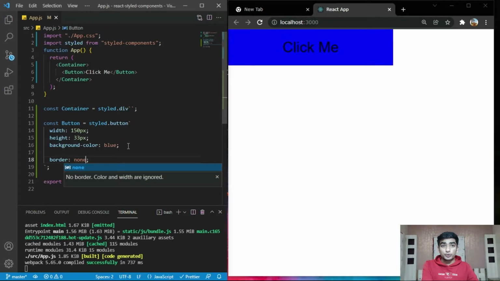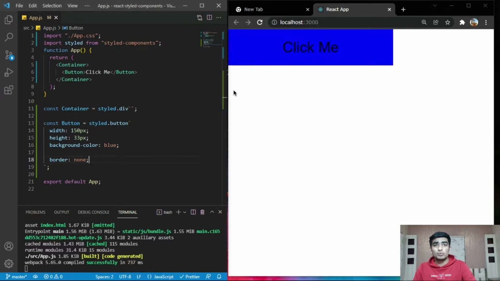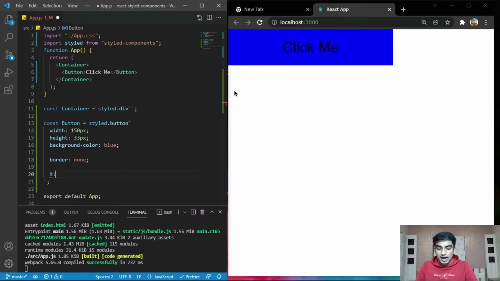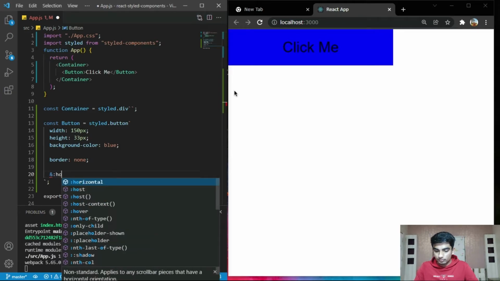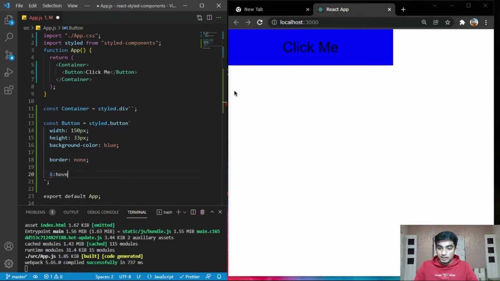But there is one important thing here. Suppose you want to apply hover effects, meaning pseudo elements, whatever element you want. For that, you just need to type an ampersand and then colon hover, and then whatever you want.